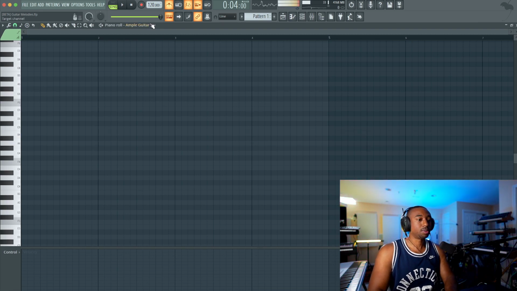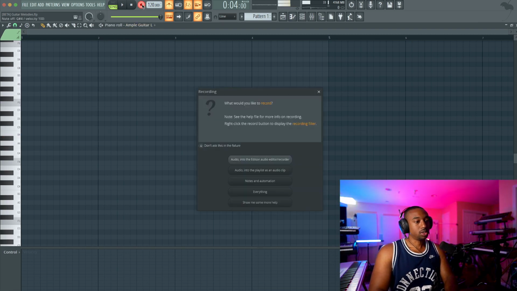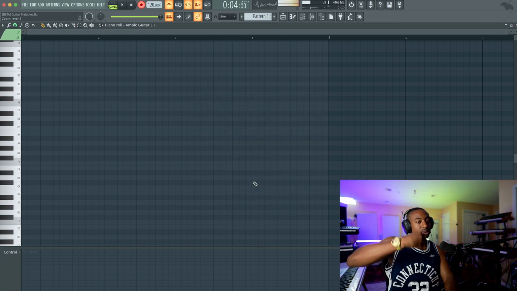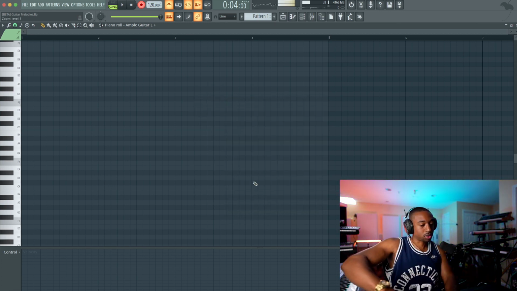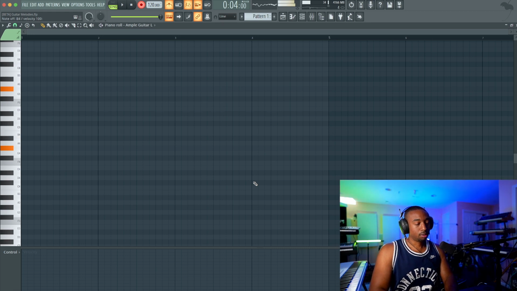Now, most people, when they're playing their melodies, they play upward like a piano. So the strings are positioned to where if you play from top to bottom on the guitar, it does go from low string to high string. But some of the melodies you guys love aren't playing low to high. So you have to understand how to play like a guitar player would play, or the style that you're looking for. So let's record this.